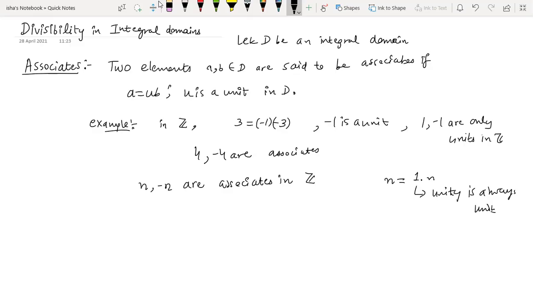Every element is an associate of itself, but here we are talking about two different elements when we say they are associates of each other. Similarly, you can create more examples for different integral domains and figure out how one can be obtained from the other. I'm going towards the next definition. We will see where we will use the concept of irreducible in certain theorems and results. So let's define irreducible.